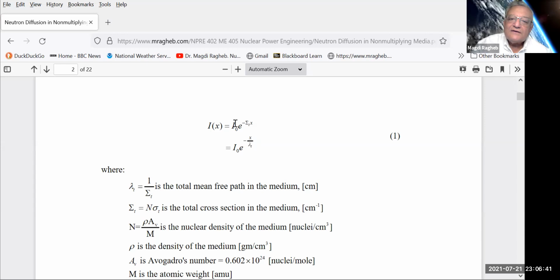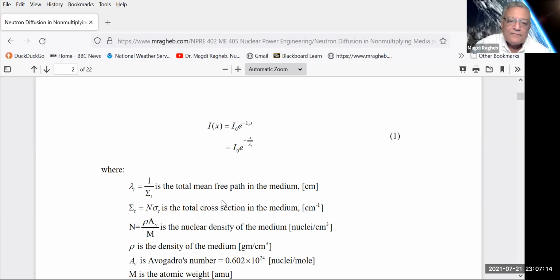So we can rewrite that equation in terms of the inverse of the total macroscopic cross-section, and that would be the mean free path, the total mean free path. And it has a physical meaning. The physical meaning is that it is the distance traveled between two interactions of the neutrons in the material. It could be scattering, could be absorption. Today we are not dealing with fission, but it also applies to fissions if we do not seek the calculation